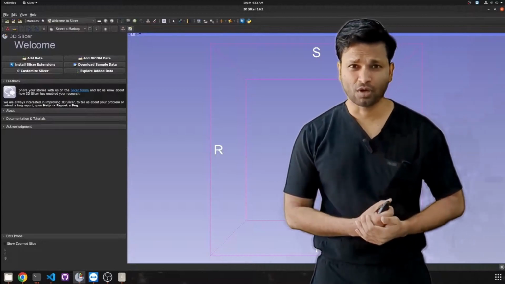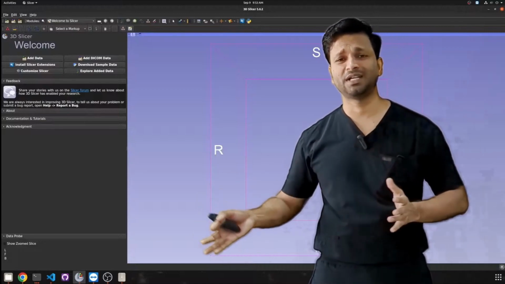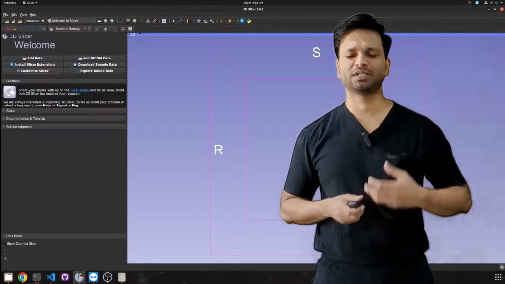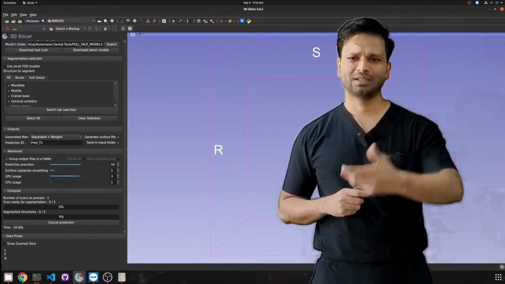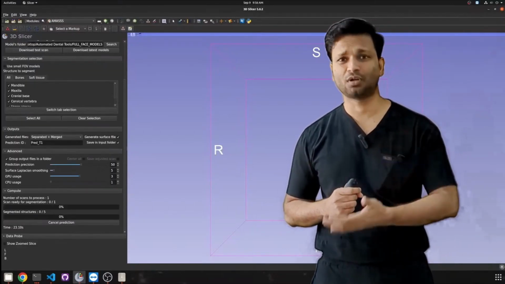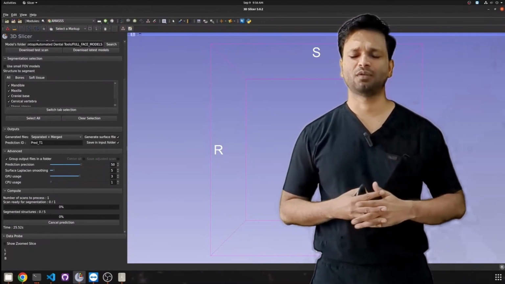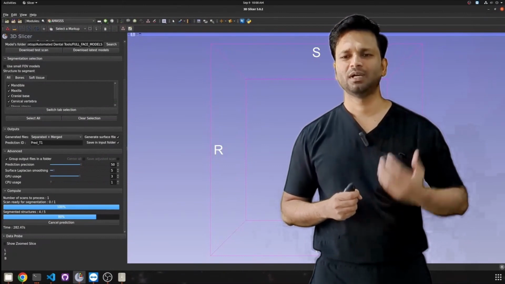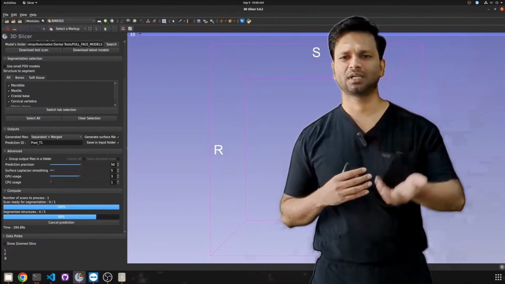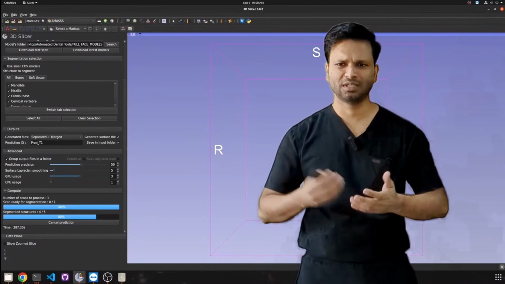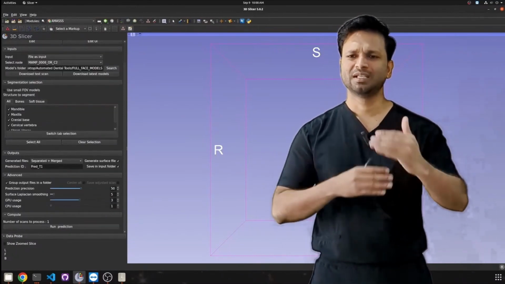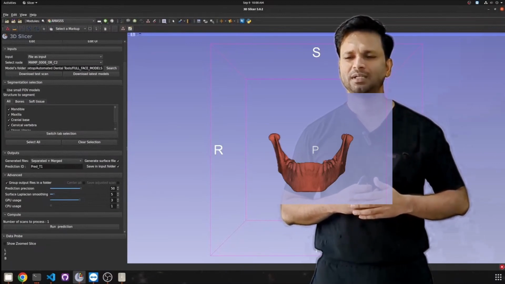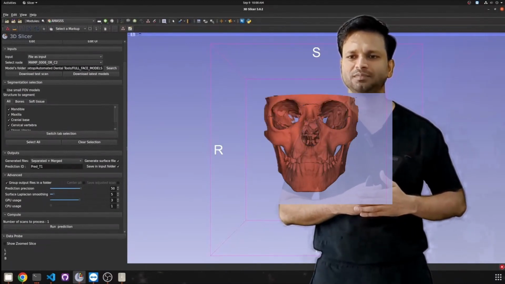Now, there's another free software that can be used to do automatic segmentation of the 3D model of the patient or CT scan of the patient. So this is a video of that free software. We just click the button, and it is going to automatically segment the mandible, then maxilla, and then the skull. We'll be able to see within a few seconds that it is separating all of the structures. You can see mandible is separated, then maxilla,